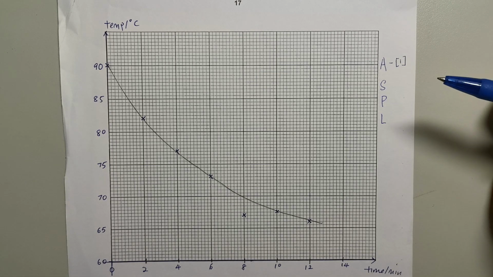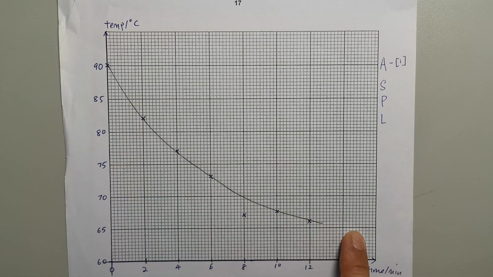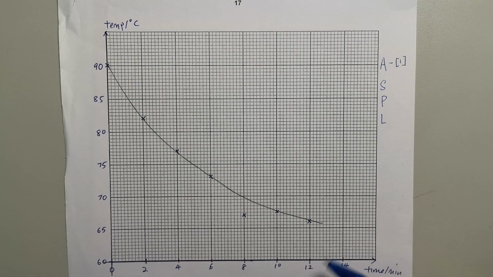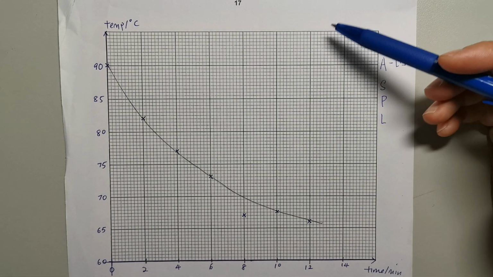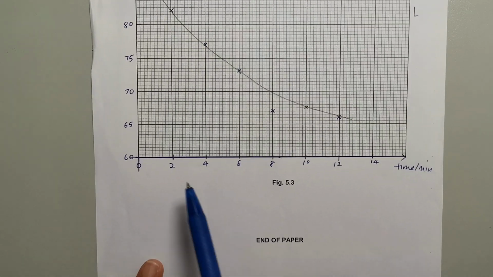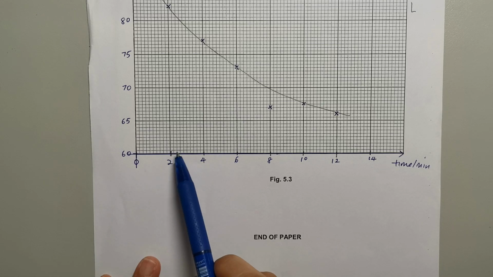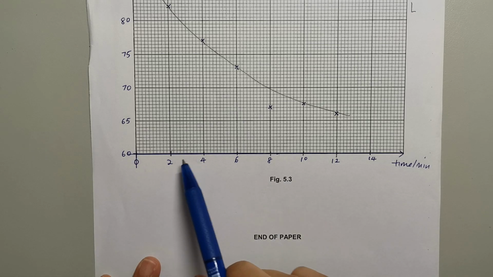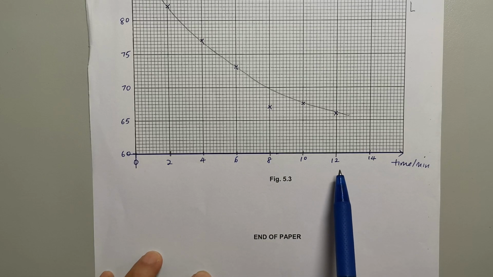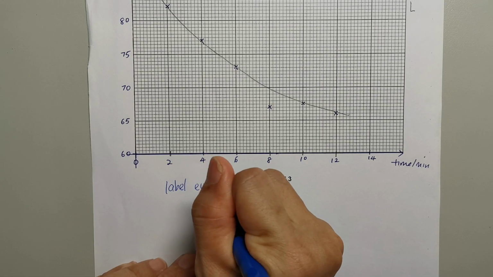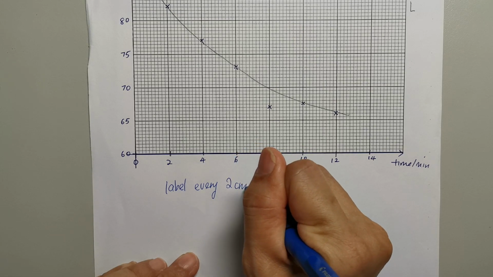To get 1 mark for scale, now your graph should cover more than half of the grid given, whether it's lengthwise or in terms of height. So in this case, the best scale is every 2 cm interval. In this case, this is 2, 4, 6, 8, 10. Please remember to label every 2 cm interval,